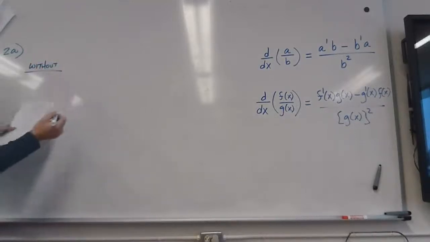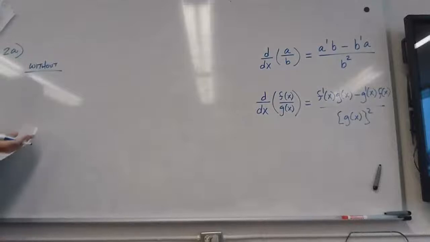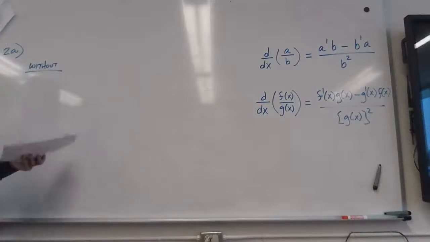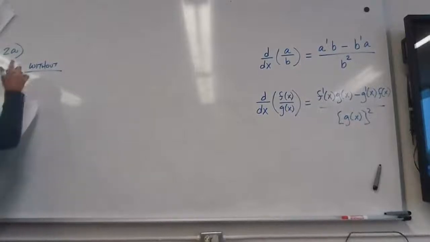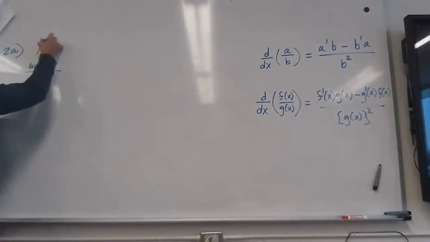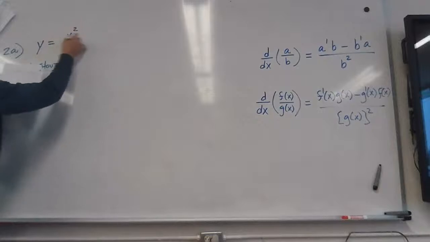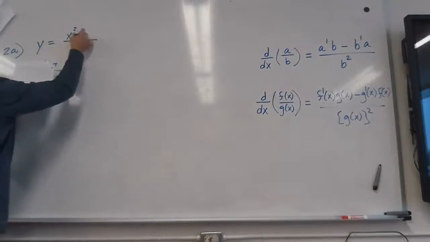Again, without is much easier in this particular case. But in the case of B, question B is impossible to do any other way. There's no other way to really do it. Maybe some really clever algebra trick, but anyway, so A, since we have x squared minus 4 over x,